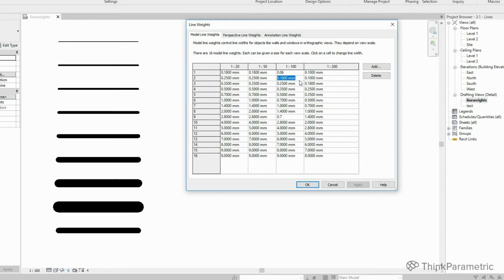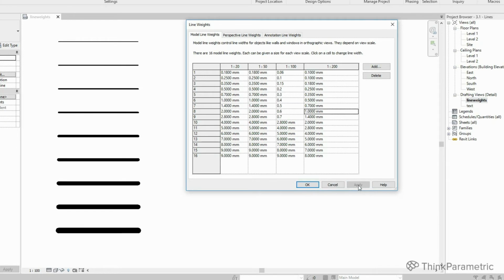So let's put some numbers. If I apply this, you can see some gradual changes in the lines.